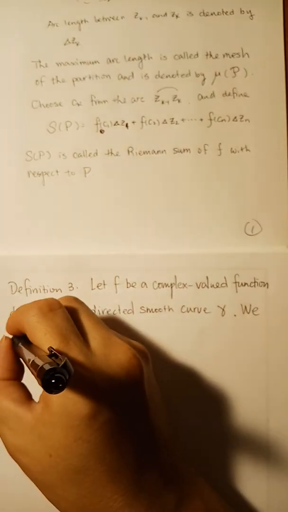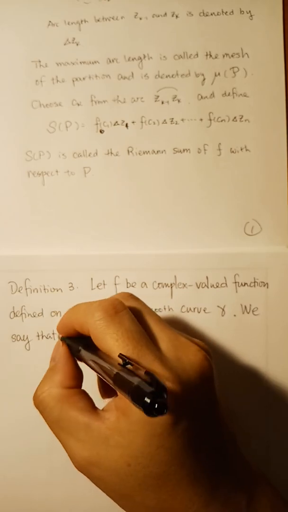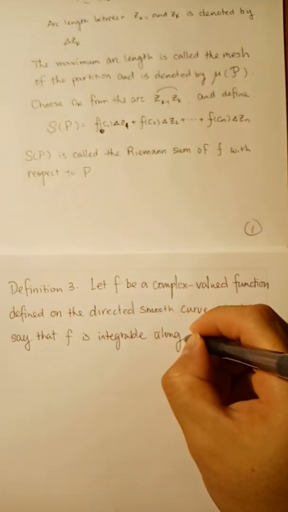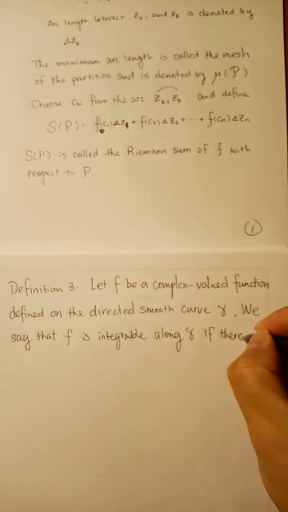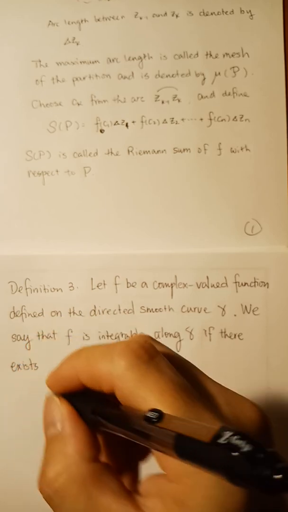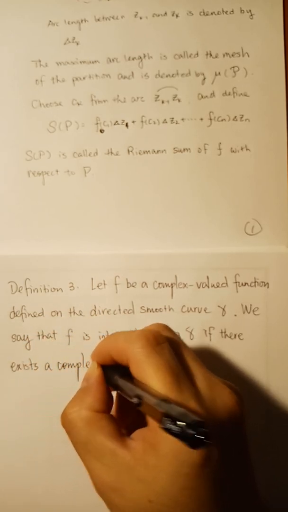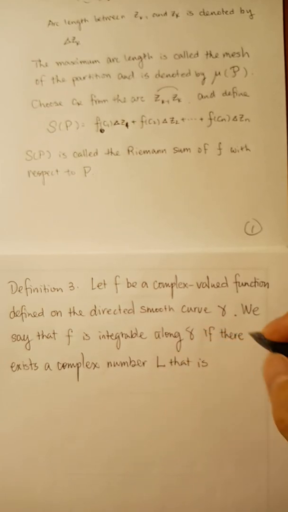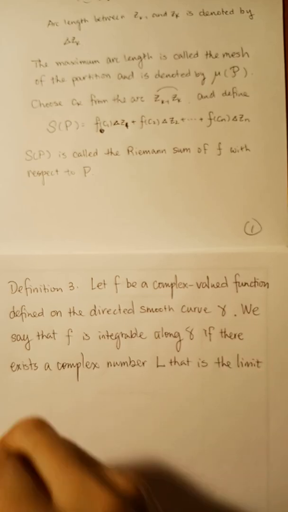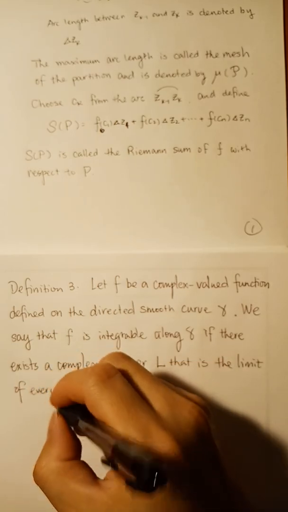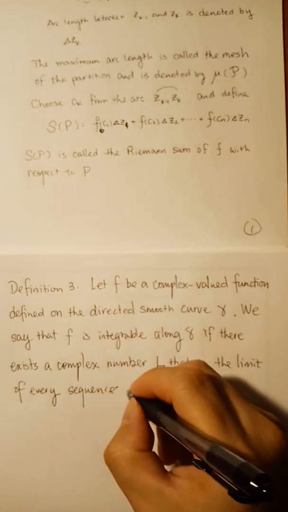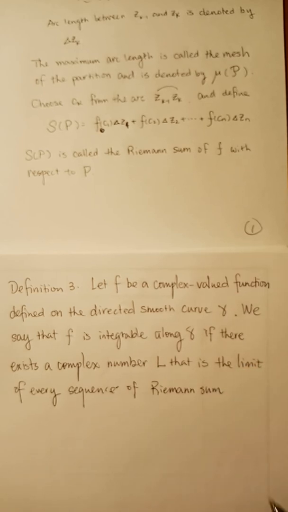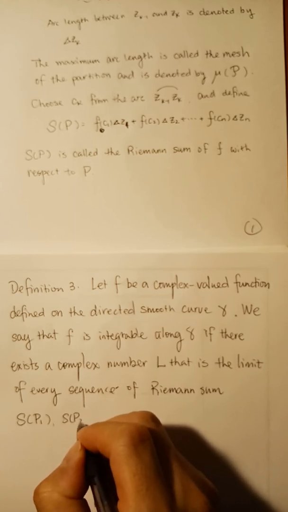And we say that f is integrable along gamma if there exists a complex number L that is the limit of every sequence of Riemann sums S(P1), S(P2),